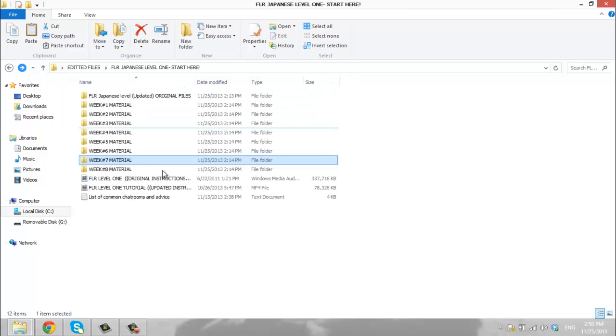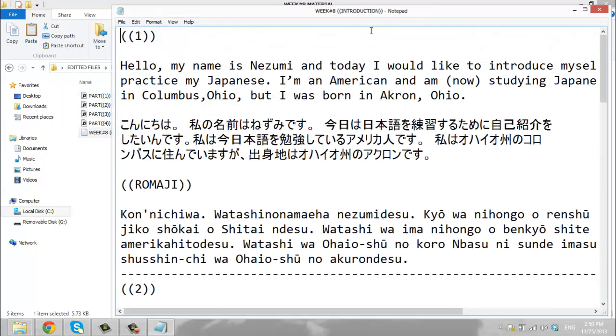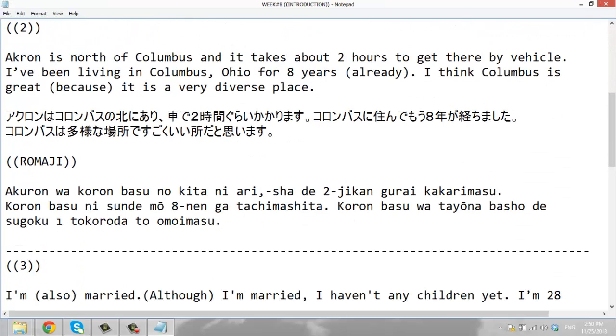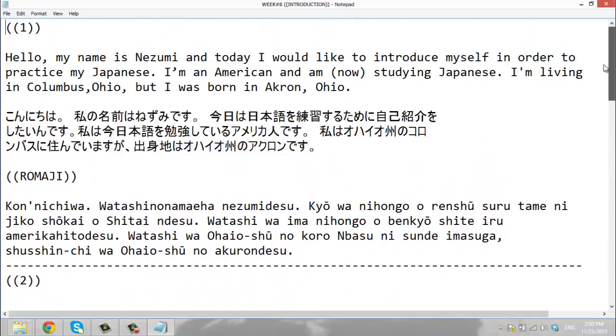Now let's go to week 8 so I can show you the introduction. The introduction, you have 4 different parts. Use the audio files. And here it is. 1, 2, 3, 4. So as you can see here, okay, this is the first part, the beginning of the text. So you have your English, the Japanese, and the Romaji I included. And I included this just to make it easier for those of you who have a hard time recognizing, especially